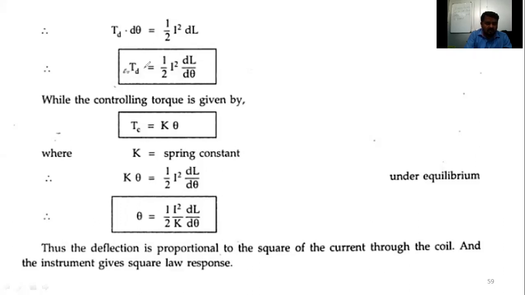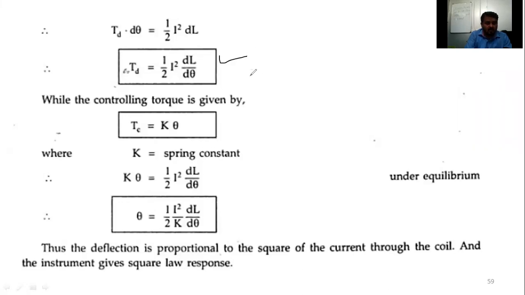The deflecting torque is not universal. Universal means it is proportional to the current, but here it is the square of the current, I square. So for that reason, moving iron instruments do not have a universal scale; they have the square of the current. Later I will tell how the deflection comes. Is it clear here now? This is the deflecting torque equation.